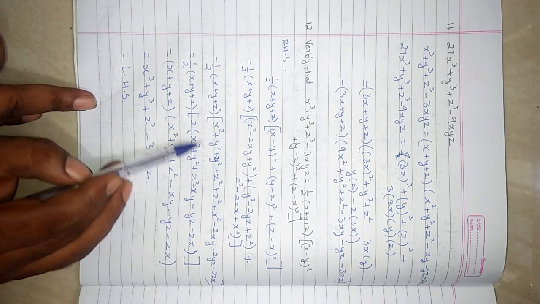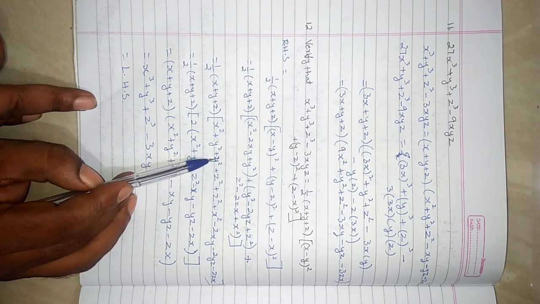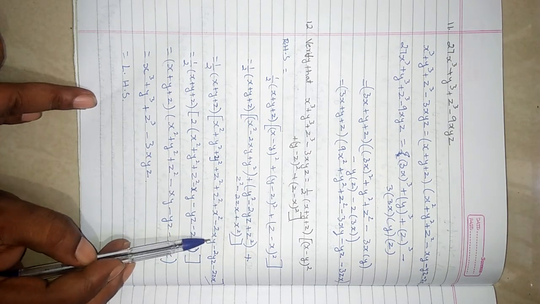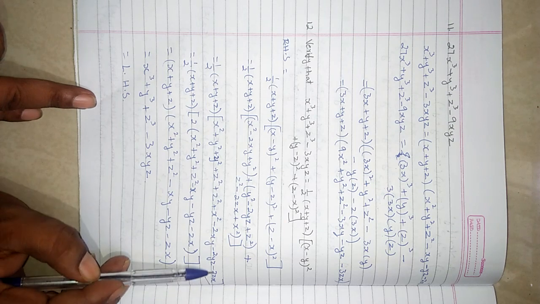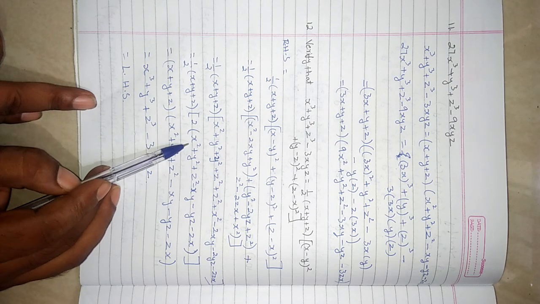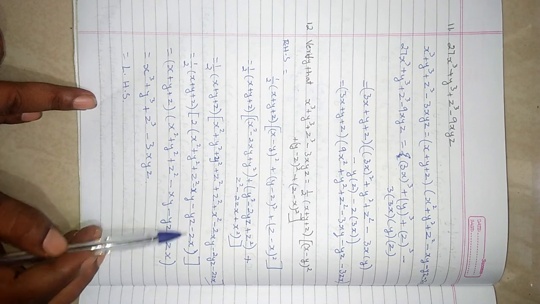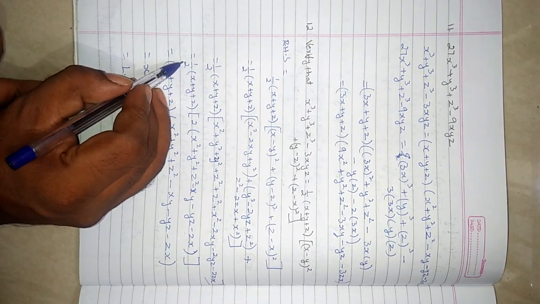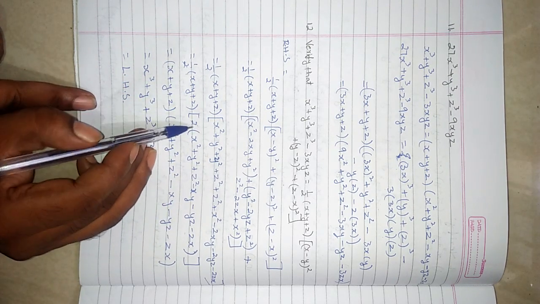When we simplify, we will be getting 2x squared, since x squared here and x squared there, 2y squared, 2z squared, so minus 2xy, minus 2yz, minus 2zx. Out of these things, can I take 2 as common? If I take 2 as common, the remaining will be x squared plus y squared plus z squared minus xy minus yz minus zx. So this 2 and the 2 we have outside can be cancelled, since we have taken it out and it is in multiplication.